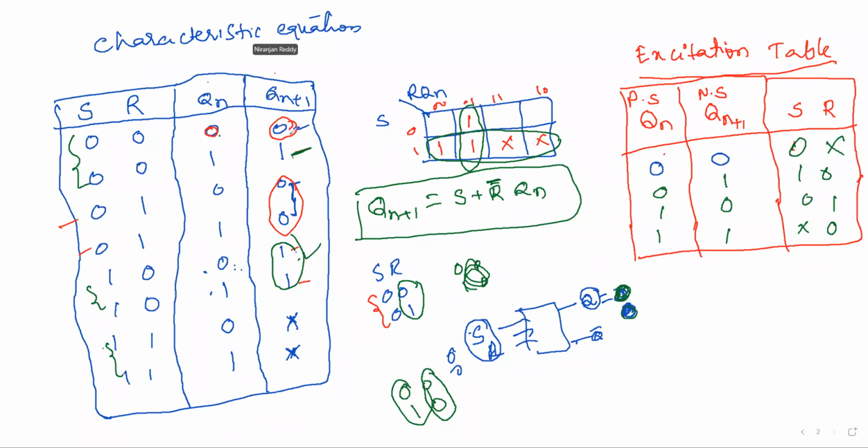In such case, where there is a 0, see here, the corresponding inputs are 0 0 and 0 1, which means that S must be 0 and R can be a don't care. Next, present state is 0 and next state I want it as a 1. So present state 0, next state 1. So next state 1, where is it? Here. Okay, so it is 1 0.